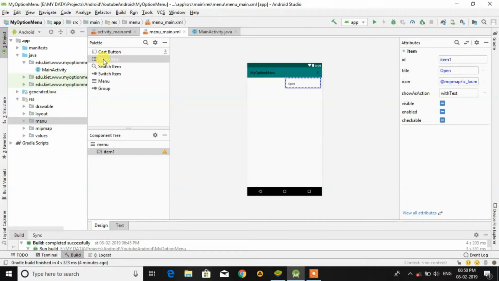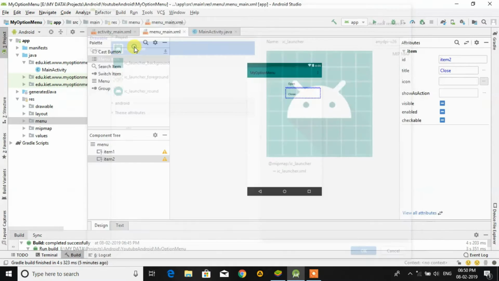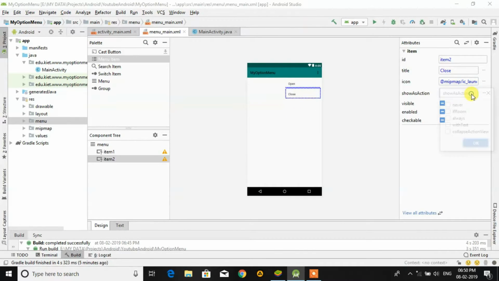Then we can put a second one, item 2. Then we can give the ID also, item 2, and the name we can put as close. Then icon, if you want to give any icon file you can give. And then I want with text.